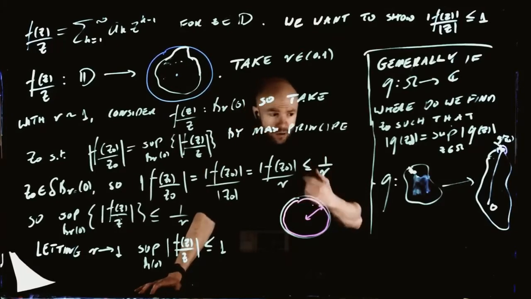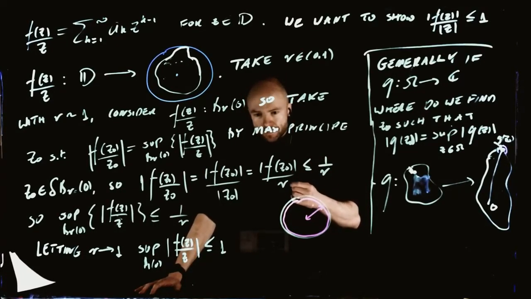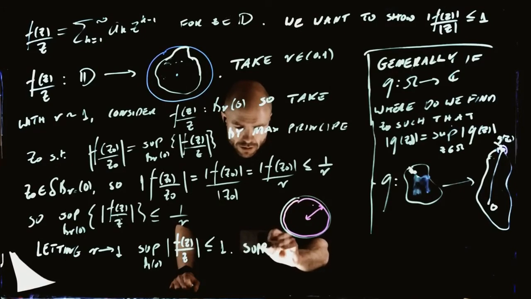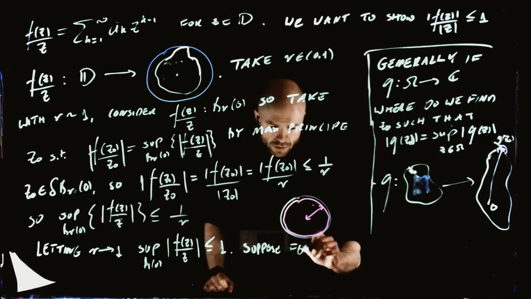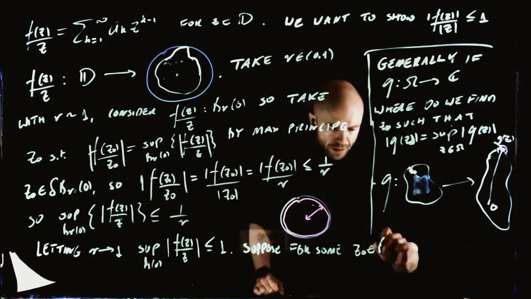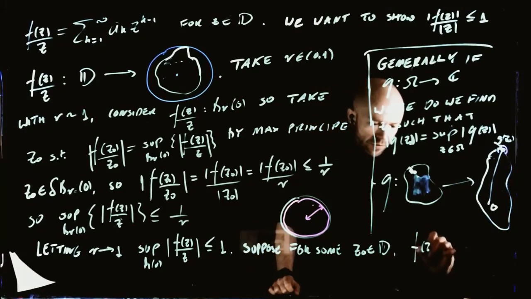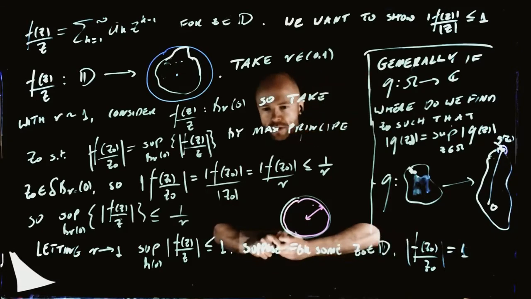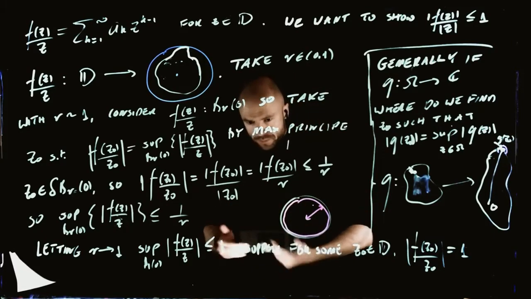So I now have this. Now let's backward engineer what would happen if we actually had an equality. Right? If we actually had an equality. Yeah? So suppose for some z0 inside this unit disk, I should have probably said that better, we have that the absolute value of f of z0 over z0 is equal to 1. Yeah? That would contradict the maximum principle unless,